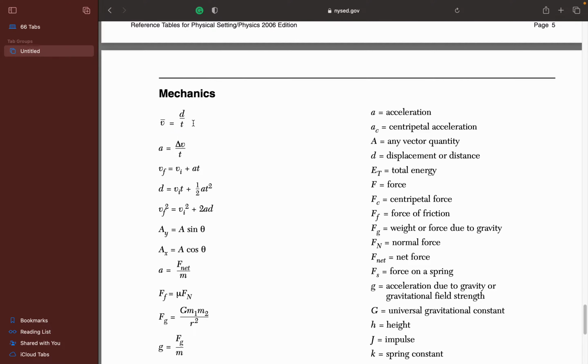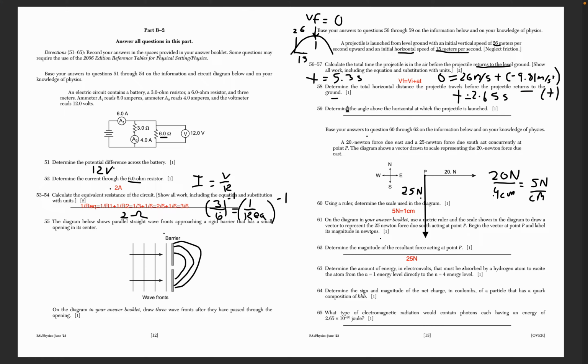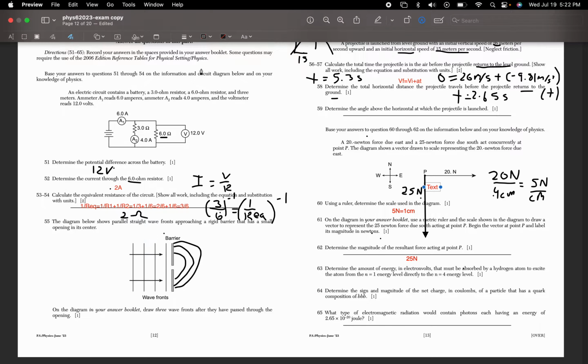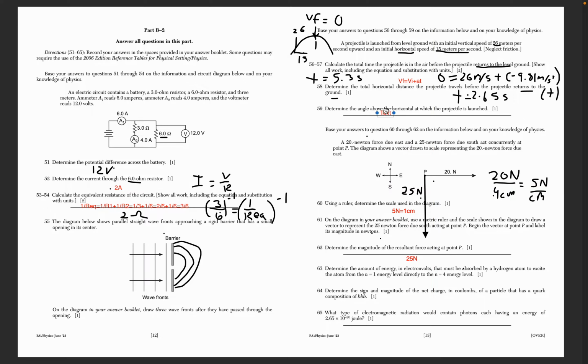Yes, we can use the first one. Actually, yes. We can use v equals d over t. So that means multiply both sides by t. d is equal to v t, which means, since we have the given time, d is equal to the velocity in the horizontal direction, which is